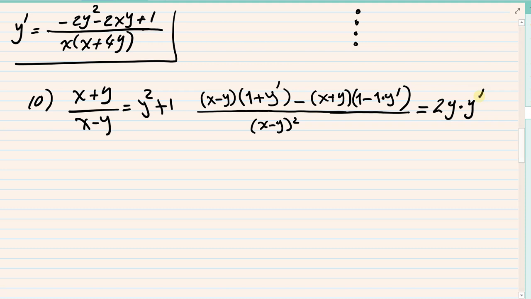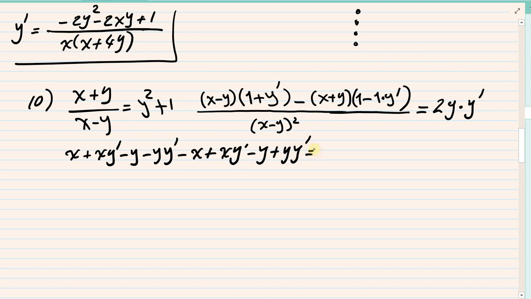Okay, so let's see, what are we going to do with this one? For this one, we can actually FOIL things out and combine like terms, right? And in the numerator, I'm foiling the numerator. So I'm going to get x plus xy prime minus y, negative y prime, negative x, and then x times negative y prime, negative times negative makes positive xy prime, negative y, positive y prime,